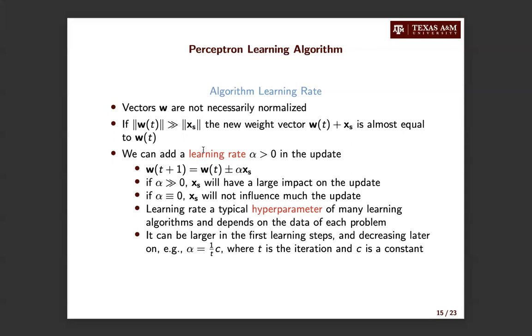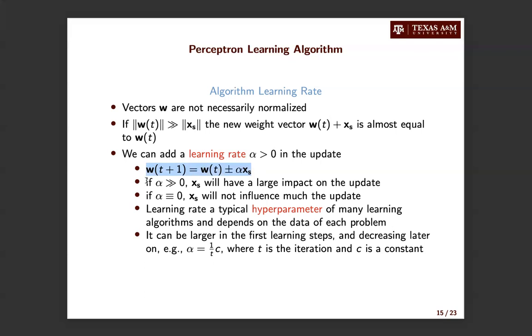In order to mitigate this large impact that a misclassified sample XS can have on the weight update, we can have a hyperparameter, which we call a learning rate. So this hyperparameter alpha controls how much our weight W will be modified based on this misclassified